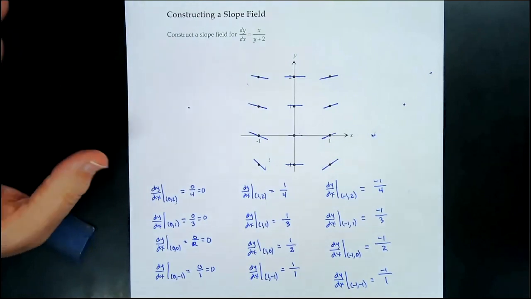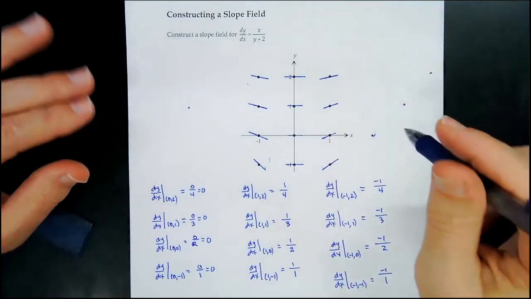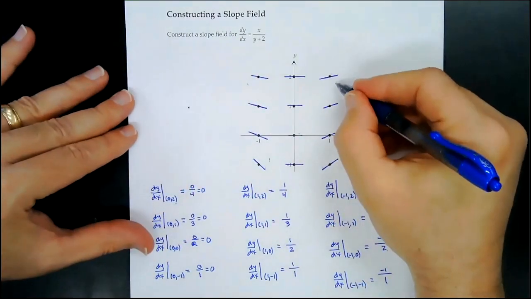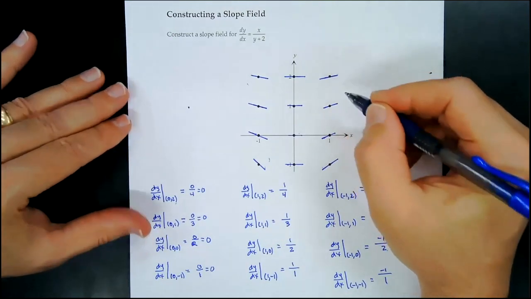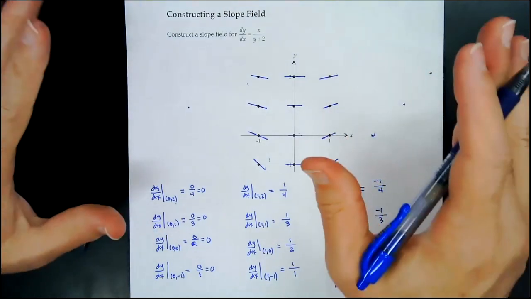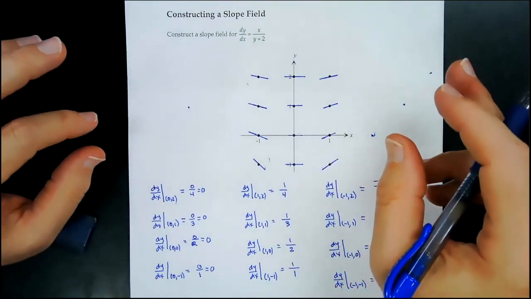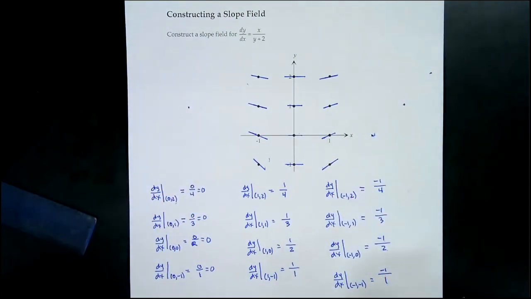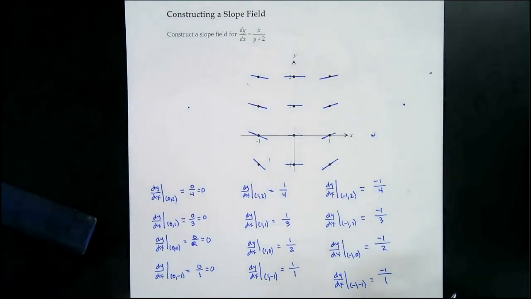So what's great about Delta Math, we're going to do one like this on Delta Math, and it's kind of cool. You manipulate these. So all the slope lines are there, and you're just going to tilt these up and down depending on whether it's a big slope or a little slope, okay? So we're going to go to Delta Math. I'm going to write down the differential equation that we're going to do, and then we're going to calculate all the points like we did down here. And then we'll go back and we'll tweak our